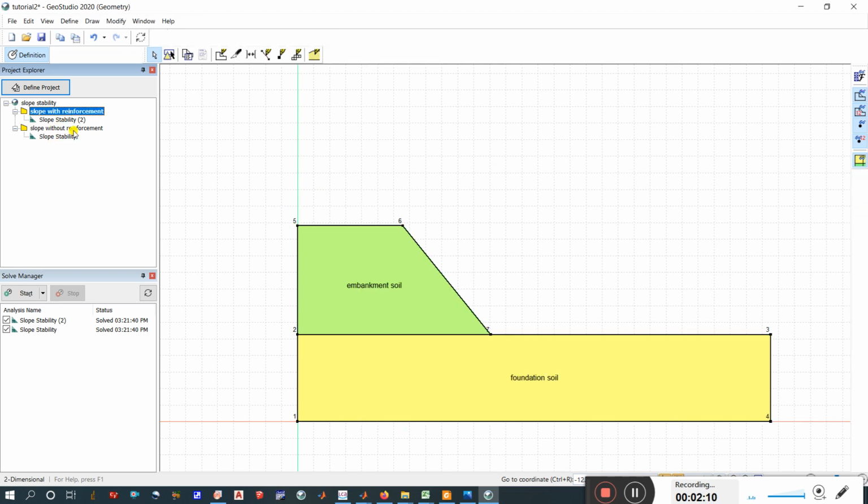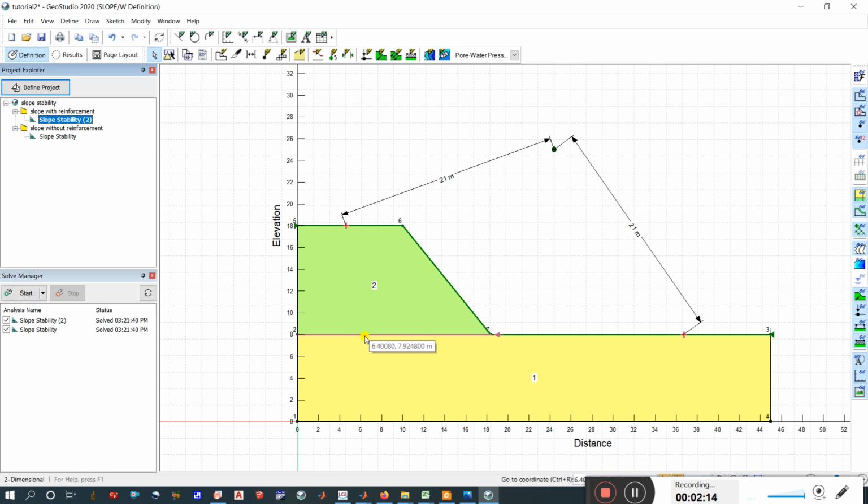Secondly, we solved the same problem for a layer of geosynthetic, which you can see here as a red line, and we analyzed it for the same slip surface and the same center of rotation. Now today we are going to add multiple geosynthetics to it.